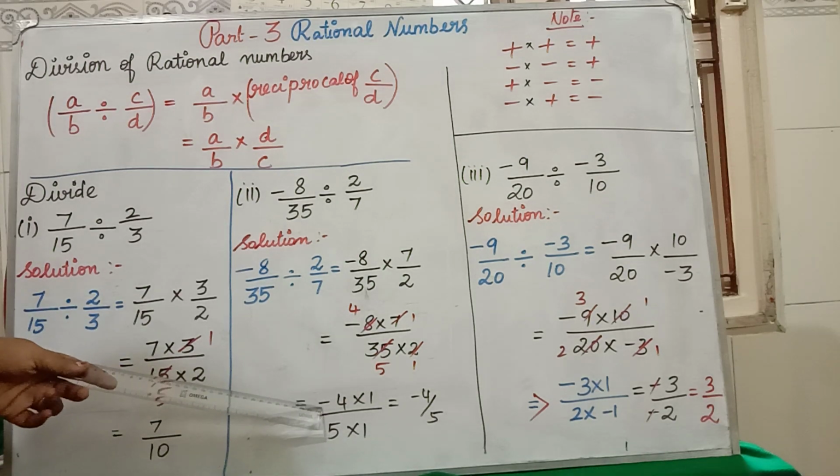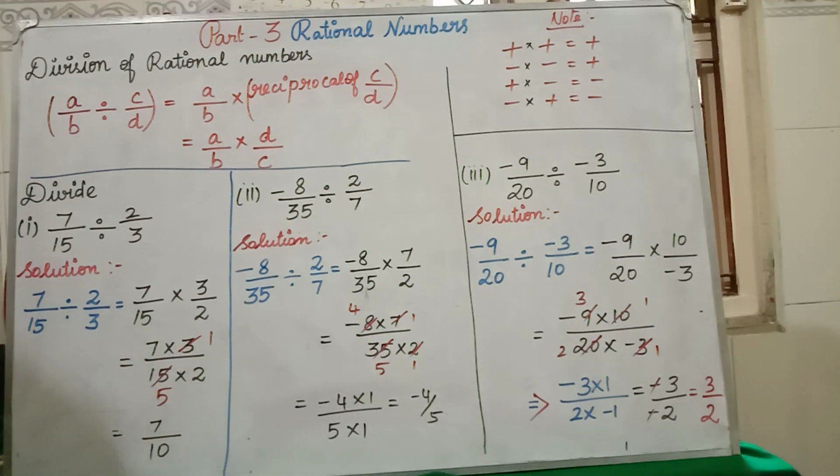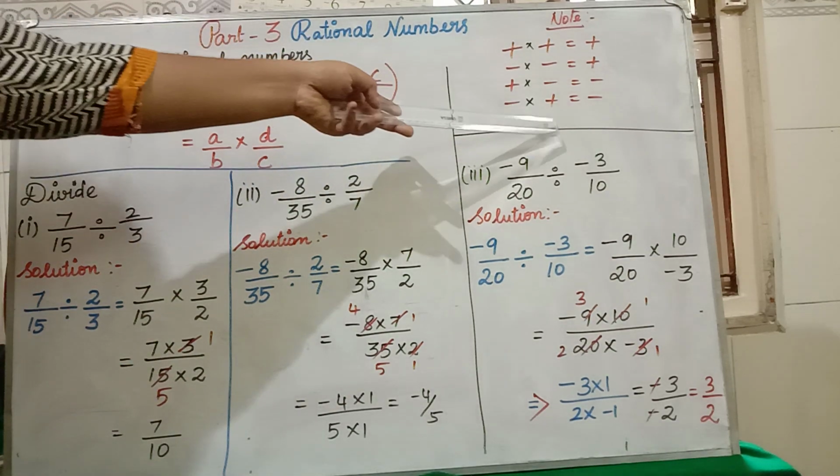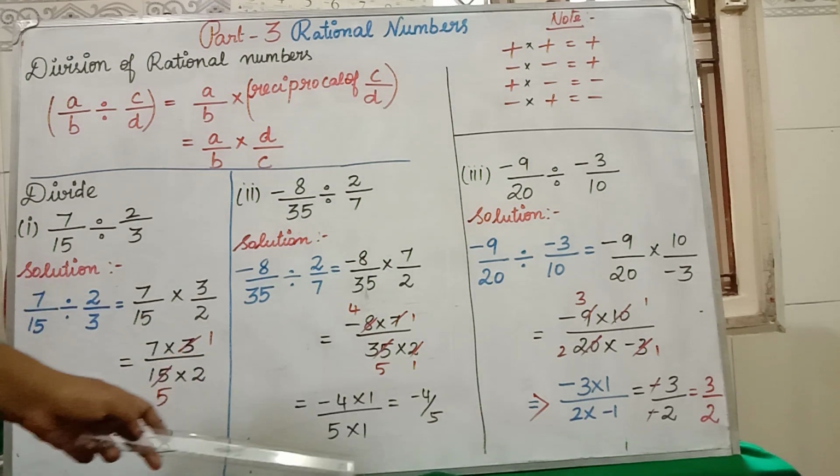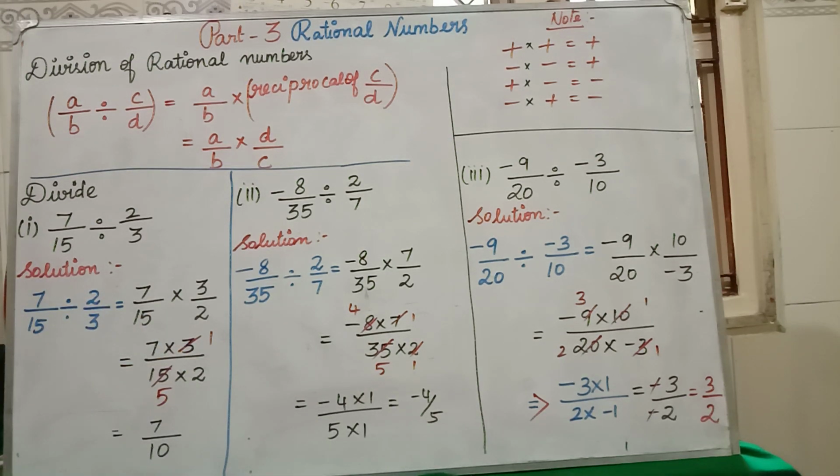So minus 1 here, plus 1 is there. If you see in that note, minus plus means what we have to do? Minus. Okay, so minus 4 divided by 5. Students, all of you listen. Only in addition and subtraction you have to see the greater number sign. You should not see the greater number sign for multiplication. Enter this note deeply into your mind. Clear? Now we will see the third question.